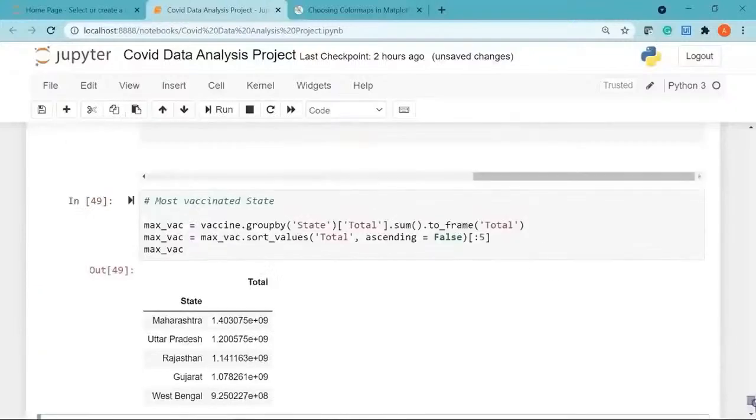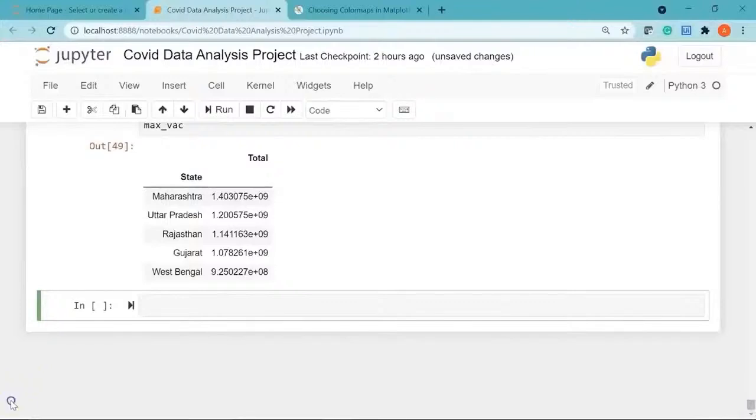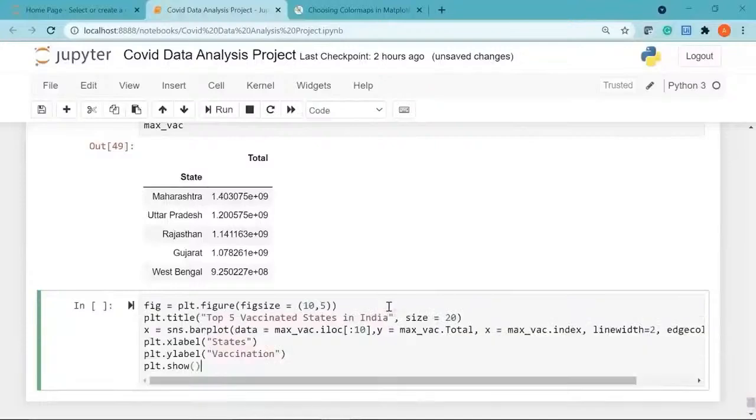Now we are going to use this table and convert it into a chart. Now I had already written my code for the bar plot. I'm just going to paste it. So here I have defined my figure size as 10,5. Then I'm giving a title as top 5 vaccinated states in India and the size is 20. After that I've created a variable called x, which is going to store my bar plot. This bar plot we have created using the Seaborn library, and